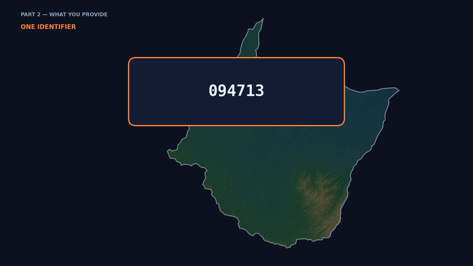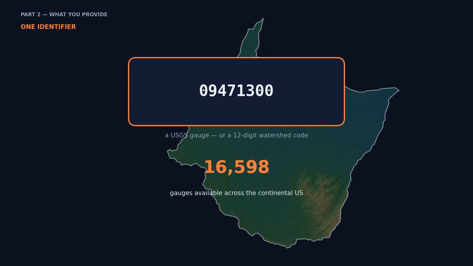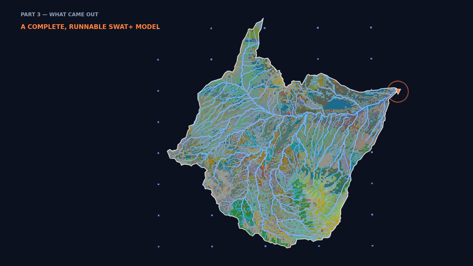And what do you provide? One identifier, a USGS gauge number, or a 12-digit watershed code. Around 25,000 gauges across the continental United States are available. Everything else, resolutions, thresholds, weather period, has a default that works and only becomes a choice if you want it to be. And here is what came out from one gauge number: